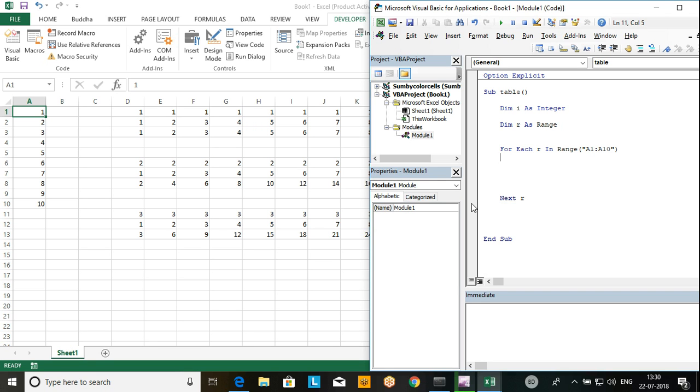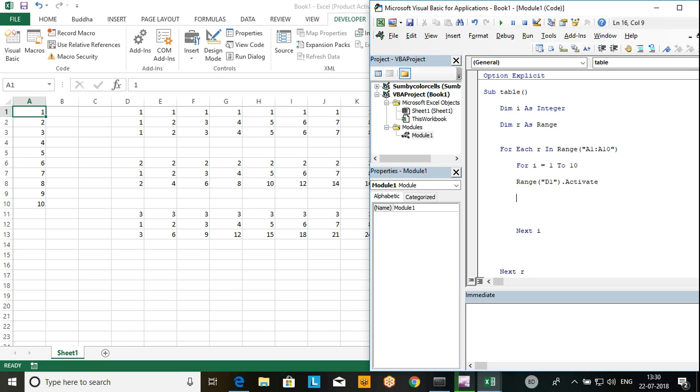Okay, right? So what I need to do is paste it 10 times. So I need to take one more loop inside this collection loop, so it will be a nested loop: For i = 1 to 10, right? And Next i. Okay, this is the For loop structure. Inside this I need to take a range. What's the range? I have D1, D1 dot Activate. I will just activate it,